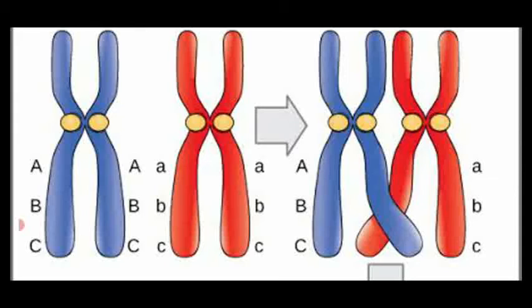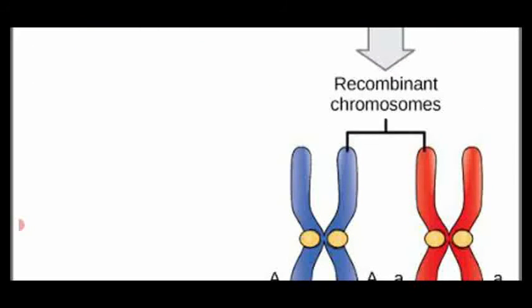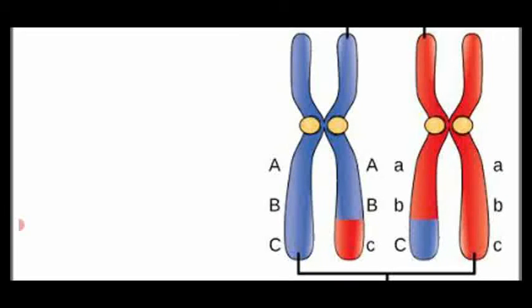Both of them are exchanging their character at a particular point. See the diagram: capital ABC and small abc, dominant allele and recessive allele. First, they are lined up parallel together, side by side. Then the crossing over takes place in the second step. We are coming to the third one. Recombinant chromosomes are formed. See the diagram.